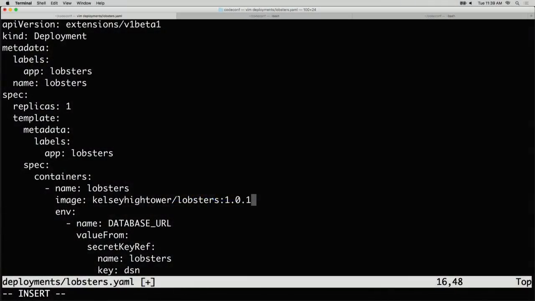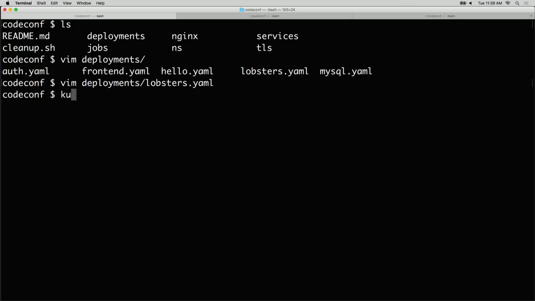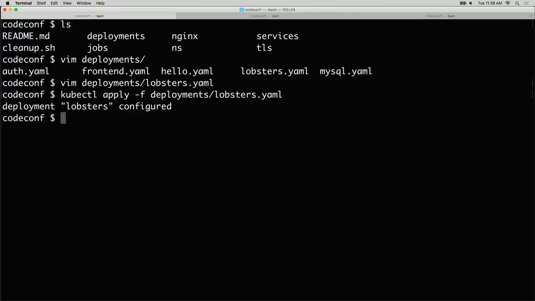And that container is now ready. I'm a sysadmin, I don't care what you guys deploy, so you tell me the version number, that's what we're gonna do, okay? So we're gonna deploy this thing, and I'm just going to apply. Ideally, I would check this into GitHub and do a pull request, and now I'm going to apply the changes. So we're going to roll out a new version of the app.